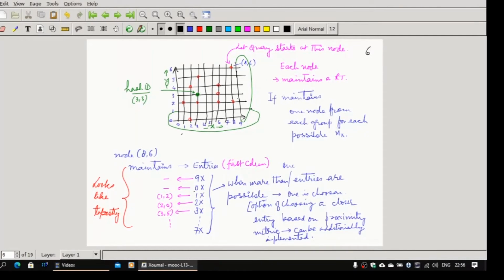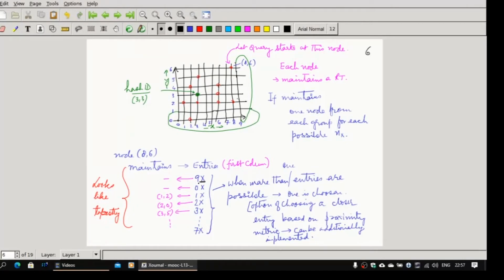So let's find out who is going to be the root for the hash ID 33. We assume that the query is starting at 86. So 86 is supposed to maintain a routing table. How is it going to maintain it? Maybe the first thing you can do is this: because nx is 8 for this node, with nx 9, any one node entry has to be present. So I call it 9x. Here x means anything can be put, anything can be placed there.